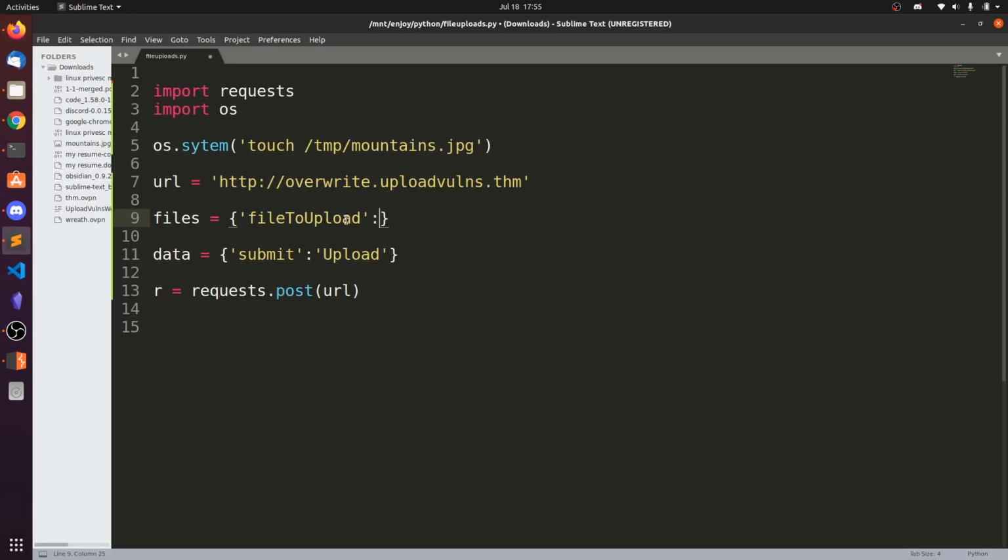and file to upload, and here you can describe three parameters. These three parameters are the file name, the opening of the file, and the content type. The first one is the file name: you want to upload a file, and what name it should upload with. That is mountains.jpg. And now we are going to open this file